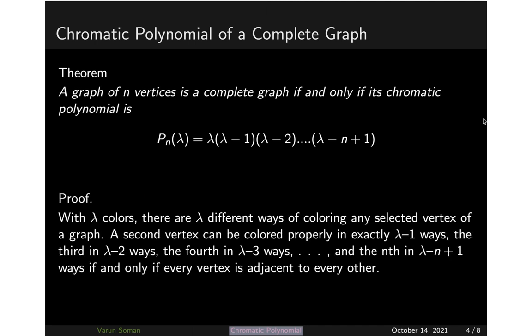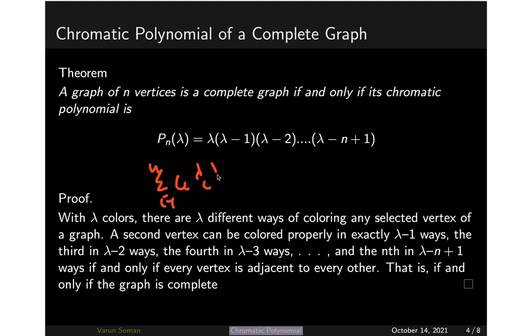Okay, so you can also prove it using the formulaic approach. It's a very simple thing. How will you do it using the formulaic approach? The formula is the sum over i from 1 to n of Ci times lambda Ci. Since this is a complete graph, your Ci will be 0 for i less than n, because you require n different colors to color this one, as all the vertices are adjacent. So definitely this will reduce to simply Cn times lambda Cn. What is Cn? You have n colors and n vertices, so it is actually n factorial over n factorial, which is 1.